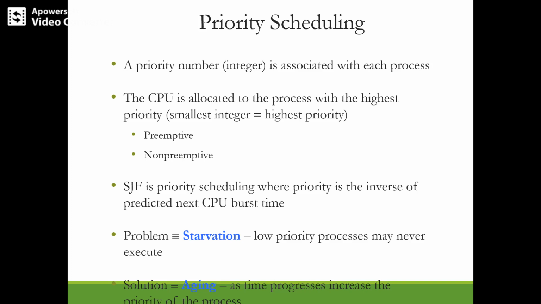So if you have the number 127 and the number 0, 0 is referred to as a higher priority and 127 is referred to as a low priority. In that case, it's possible to decrement the priority of the waiting process. Whichever process is waiting, we can decrement its priority number by 1 every 15 minutes. So even a process with the initial priority of 127 would eventually have the highest priority in the system and may be executed. So that's the possible solution to starvation.